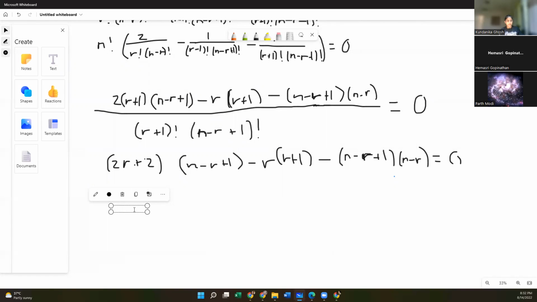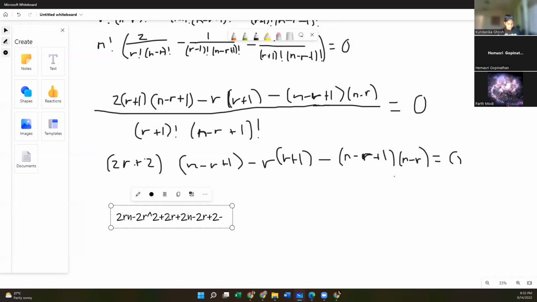Okay. So we're gonna make that a little bit bigger. Okay. So you have 2r. So you should get 2rn minus 2r squared. That's a b. 2rn minus 2r squared plus 2r plus 2n minus 2r plus 2